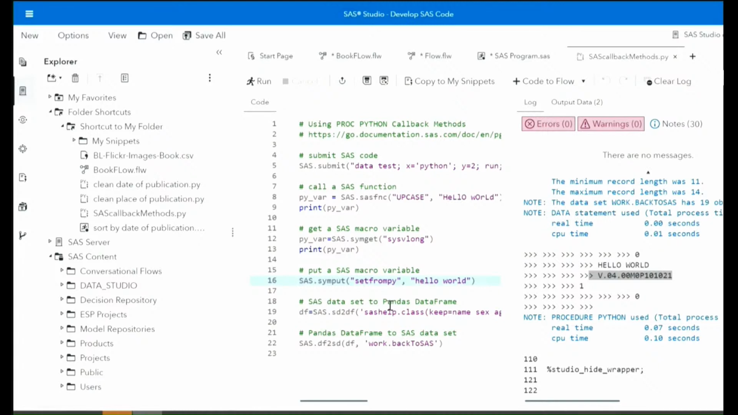Most interesting, though, and probably the most helpful, are the methods that allow you to pull data to and from SAS datasets and pandas data frames. So in this case, the SD2DF, SAS dataset to data frame, says take this SAS data set, in this case it's sashelp.class, and put it in a pandas data frame. In this case, we're just calling it df. And I can go the other way. I can say, okay, take a data frame that I've got. That's what this next one is doing, and saying, take it and put it back into a SAS data